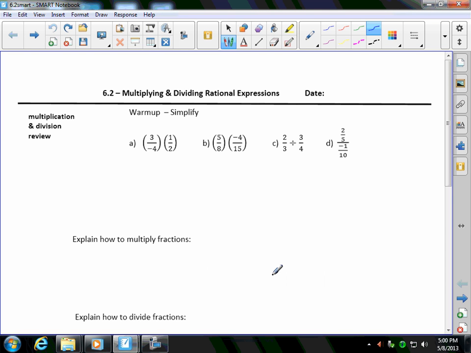Okay, in this section we're looking at multiplying and dividing rational expressions. Same rules apply as when we multiplied and divided regular fractions. You still do the same steps. The only difference, remember now, is with rational expressions, you have variables thrown in there. So for the warm-up, we're just going to start with